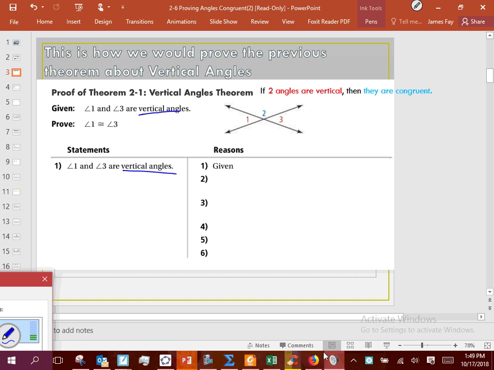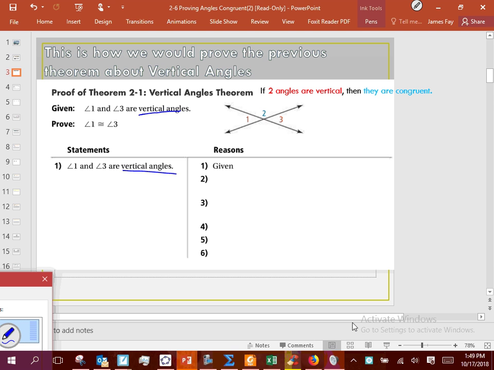When I see supplementary, it allows me to say this angle plus this angle equals 180. So those are kind of algebraic facts, right? Those vocabulary words are bringing them in. And that's what we're hoping for when we see a vocab word, is to bring in some algebraic facts, some